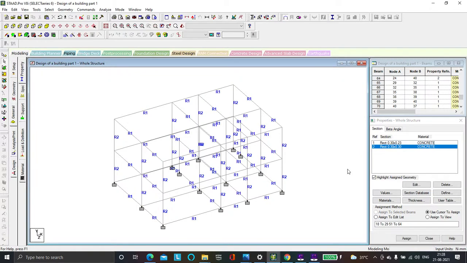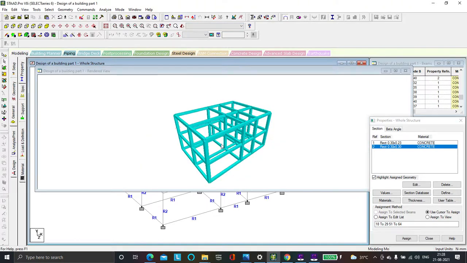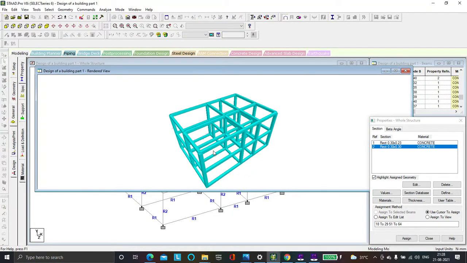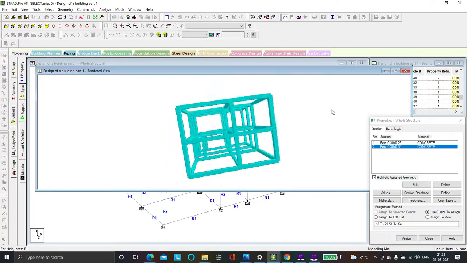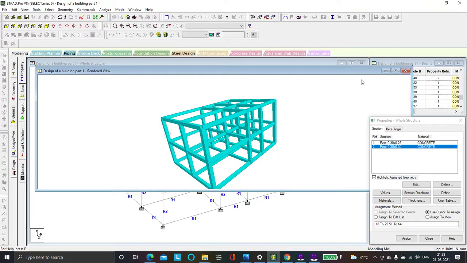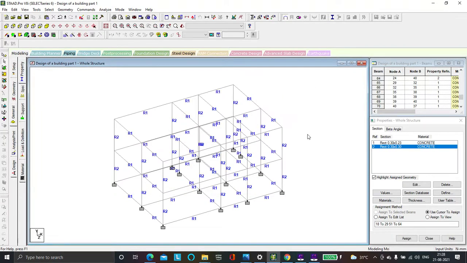So we've assigned all the material properties and the geometric properties of the building. Let us now check how our 3D render looks. When you come here, as we can see, this has changed. Now all our beams are visible and our columns are visible, and we can see how our building will look. After we've done this, we are going to assign loads to this building. How are we going to assign loads? Let us go to